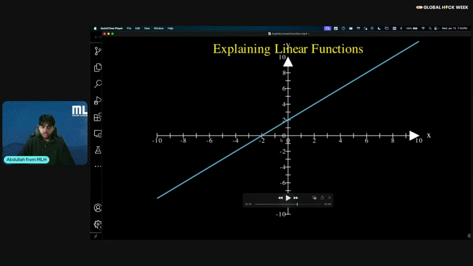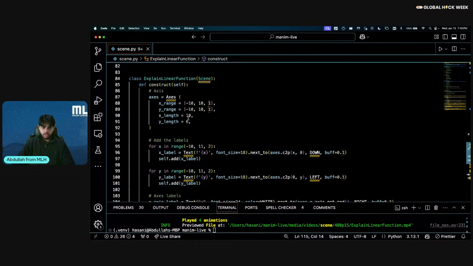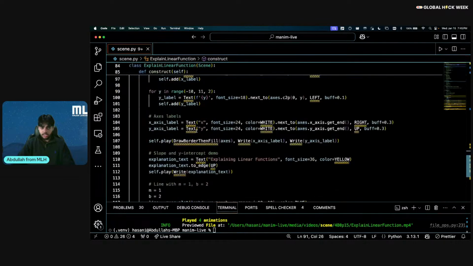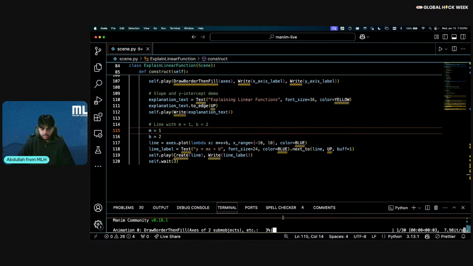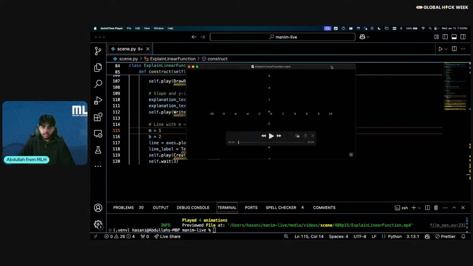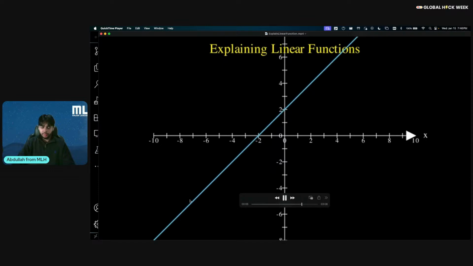The reason it doesn't look like it is because we set the distance between these to not 1. Now, if we did want to change that and make it so that all of these looked the same, we can actually go up and change the x length or the y length to be, instead of 6, let's change it to 10 and see how that looks. All right. So if we generate this again, we can see that it has to regenerate all the animations, but now it does look a little bit more even, like a 1-by-1. Now, the issue with this is it does go off the screen because we don't have enough space for it,